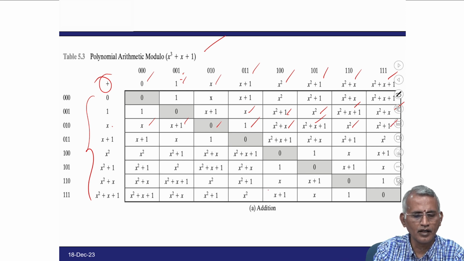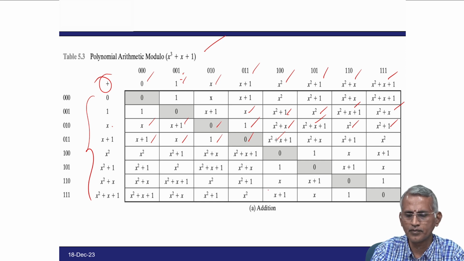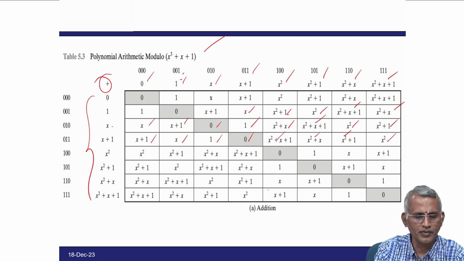So, x plus 1 plus 0 is x plus 1, x plus 1 plus 1 is x, x plus 1 plus x is 0, therefore 1, and then x plus 1 plus x plus 1 is 0. So, x square plus x plus 1, x square plus 1 plus x plus 1 is x square plus x square plus x plus x plus 1 is x square plus 1, x square plus x plus 1 is x square. Similarly, x square plus 0 is x square and then x square plus 1, x square plus x is